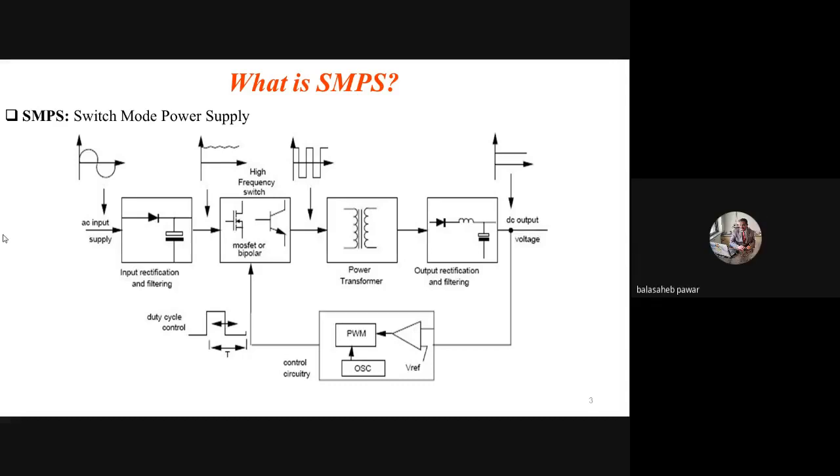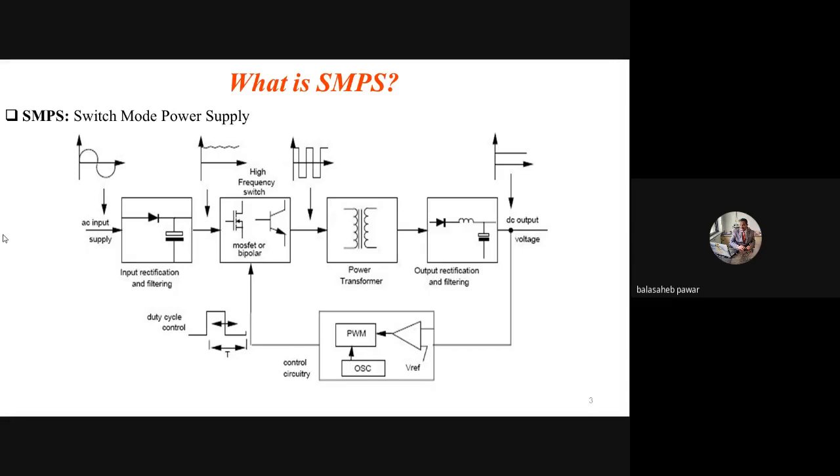Yes, because last time I took one example. There is one switch connected in series with a somewhat large DC voltage source, and towards the output side there is RL. Whenever we turn that switch on and off with a predefined or pre-calculated duty cycle, accordingly we can obtain the output voltage as per our requirement.